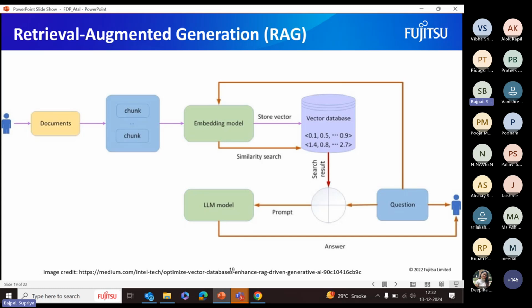So these embeddings capture the meaning of the text. For example, chunks about, suppose, customer support will have embeddings that are closer to each other. All the embeddings of the customer support data will be very close to each other. And the chunks about product specifications will not be as close to the customer support, they'll be further apart. So it's like giving each chunk a unique fingerprint that reflects its content.